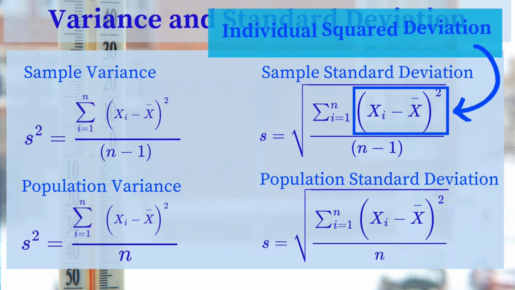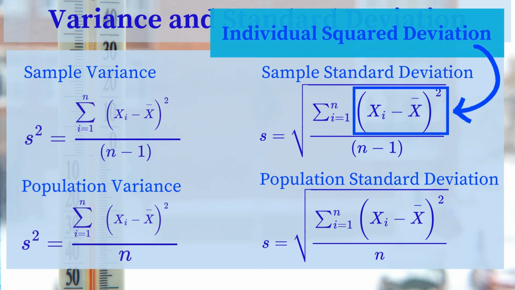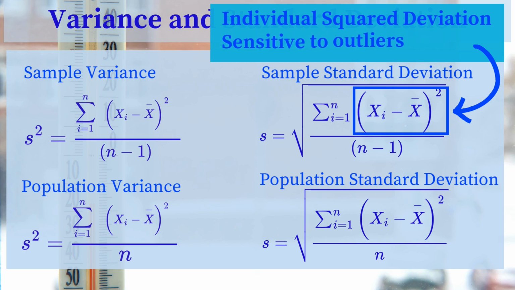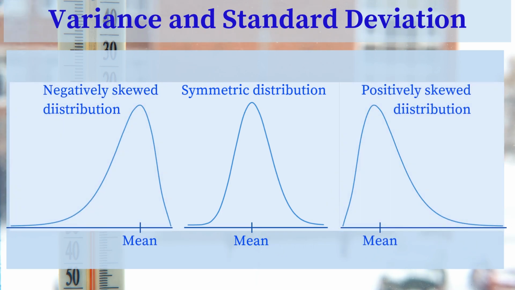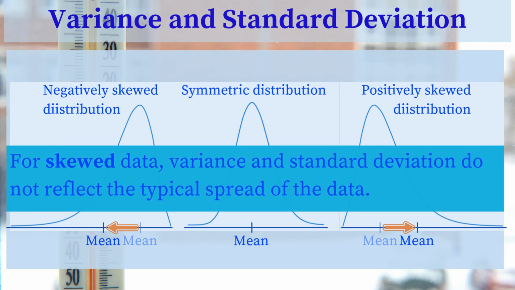Unlike the range, variance and standard deviation account for every data point, but they are also sensitive to outliers. Extreme data values can make the spread look bigger than the typical spread of the majority of the data. These measures assume a symmetrical data distribution, like the normal curve, where the distribution of data values are symmetric around its mean. However, when the distribution is skewed, mean shifts towards the tail, which makes the mean a poor estimate of the central tendency. Therefore, variance and standard deviation around this mean do not reflect the typical spread of the